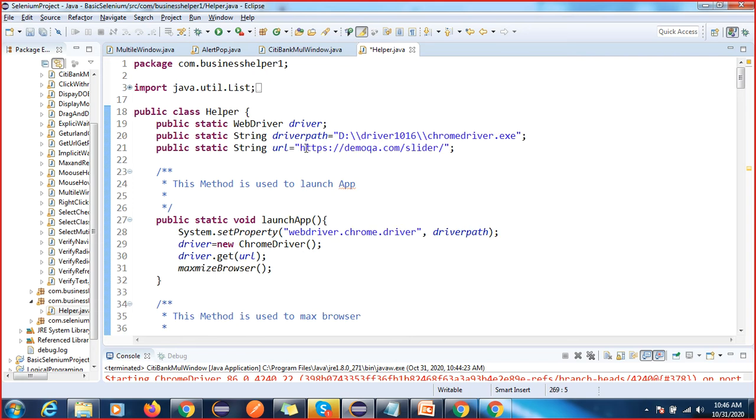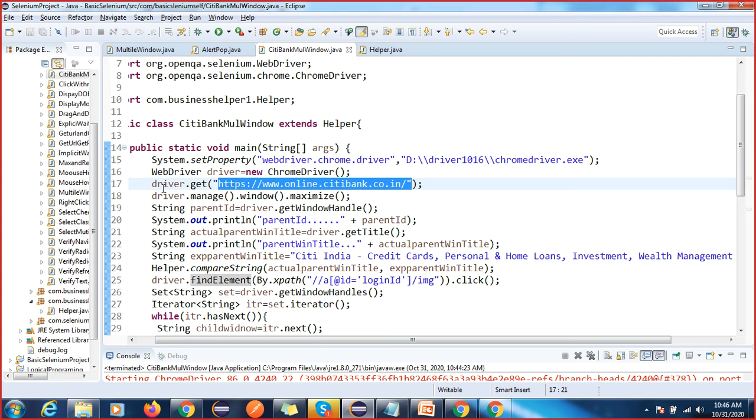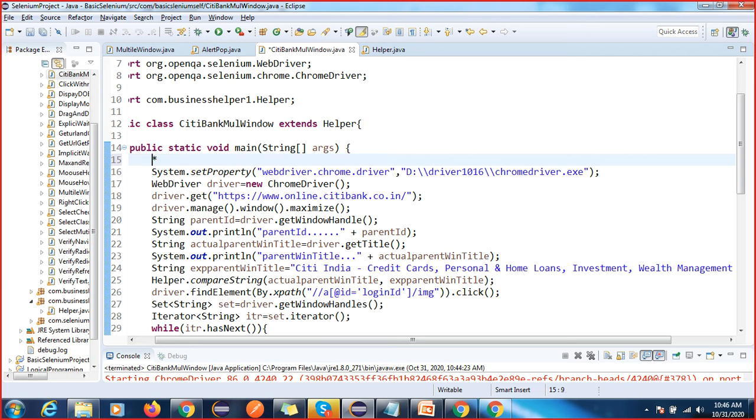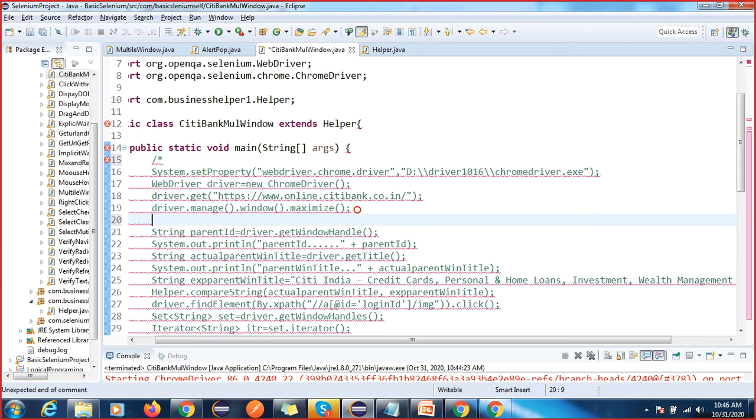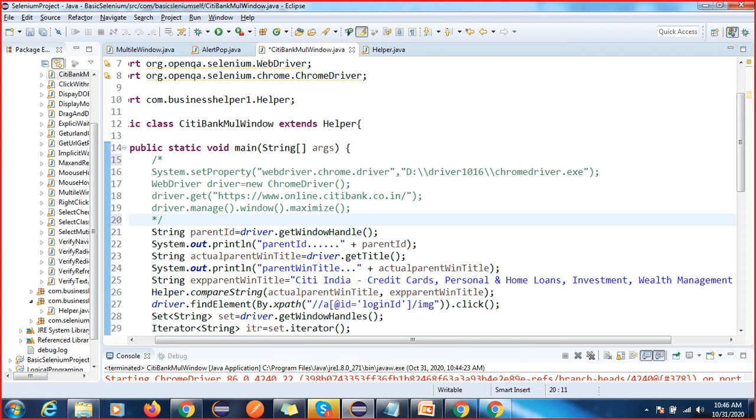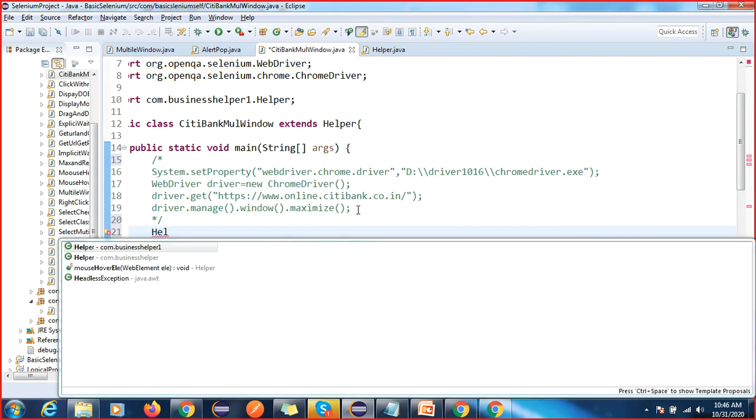So how we work in real time, same thing we are doing. That is called framework. We are also learning the framework parallelly, but a few important components we are learning here. Okay, so now we can just remove these steps. Not required till here. So we can use helper dot launch app.